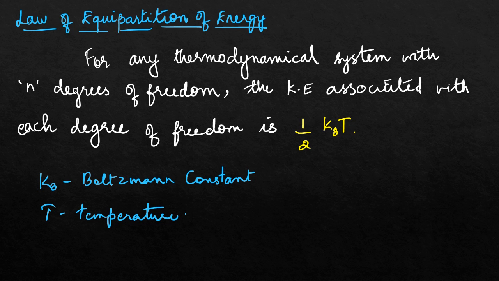So according to the law of equipartition of energy, every thermodynamical system has degrees of freedom. If I say I have a thermodynamical system and the degrees of freedom are 3, then the kinetic energy associated with that system will be 3 by 2 k_B T. That is, each degree of freedom will have its kinetic energy to be half k_B T. So if there are 3 degrees of freedom, then my kinetic energy will be 3 by 2 k_B T. Okay,